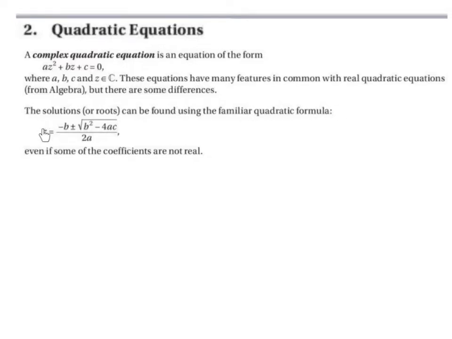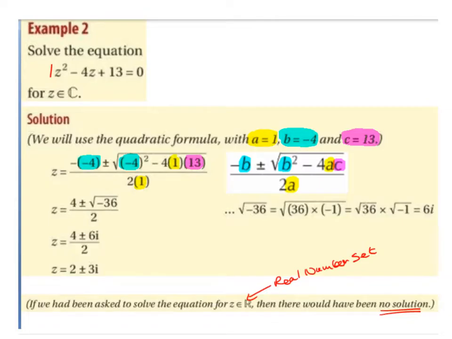So Z equals minus B plus minus the square root of B squared minus 4AC divided by 2A. So we're used to seeing this as X equals, but when we're dealing with complex numbers we have Z equals. So we can use this even if some of the coefficients are not real. Solve the equation Z squared minus 4Z plus 13 is equal to 0, for Z elements of the complex number set. We will use the quadratic formula from our formula book,